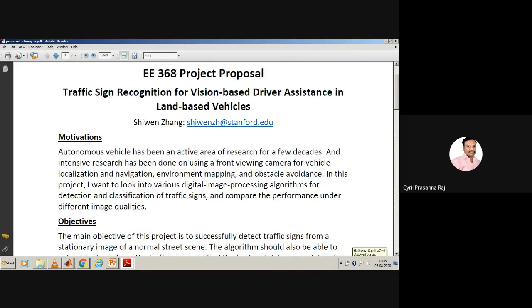Okay, so now we are trying to see how to recognize the traffic sign from a given image or a video sequence, so that from the traffic sign we can identify whether there is a stop signal, or a yellow light, a red light, or a green light. That will pop up as information to the driver to act accordingly. So that is the basic process.